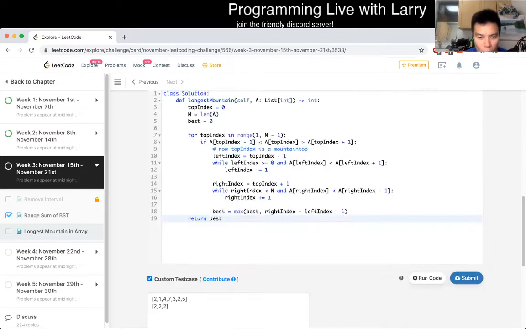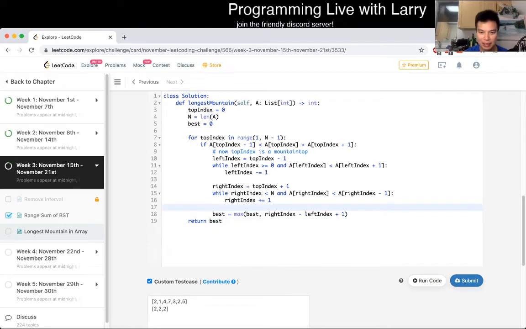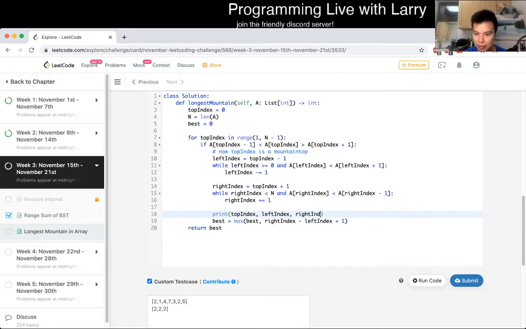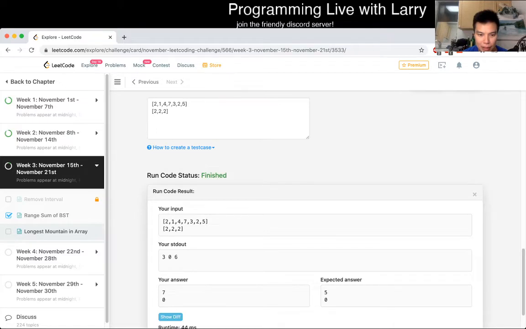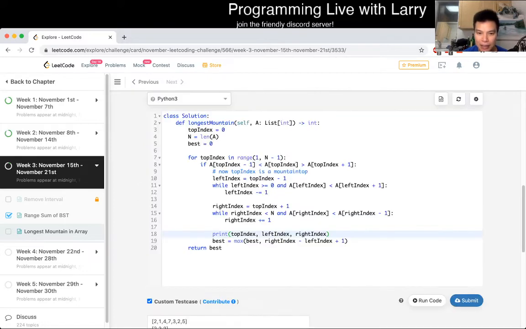All right, let's see. Maybe let's do some debugging just to see if I'm off by 1 or something like that. Okay, so it thinks the 7 is the top, which is right. It goes to 0. Oh, I see. Because now the left index is not the index in which it is different; it is the index which is less than, right? So this should be